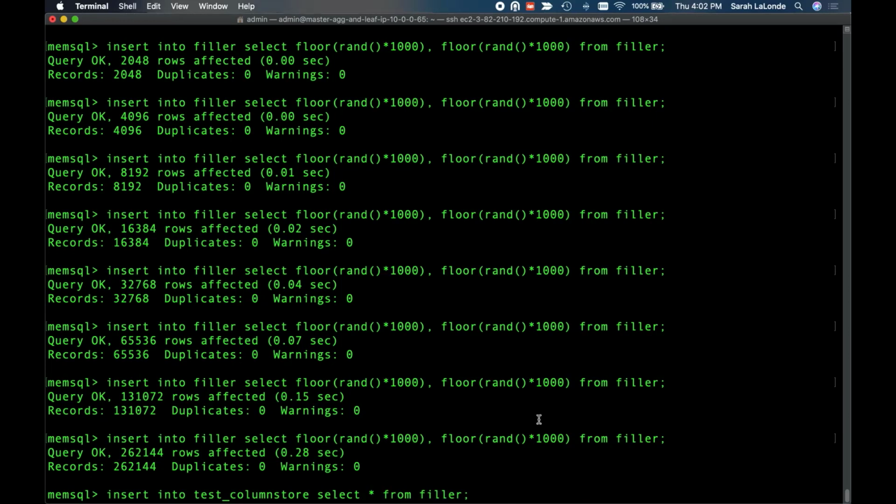And then one other thing I'm going to do here that I didn't do for my filler table itself is that I want these values to be uniformly distributed across all partitions. And actually I have a shard key in this table, so it won't matter. But if you want your values to actually be redistributed evenly, you will need to use a hint when you're doing an insert select. Otherwise, they just get inserted into the same partitions from which they originate. And the hint that you'll use is